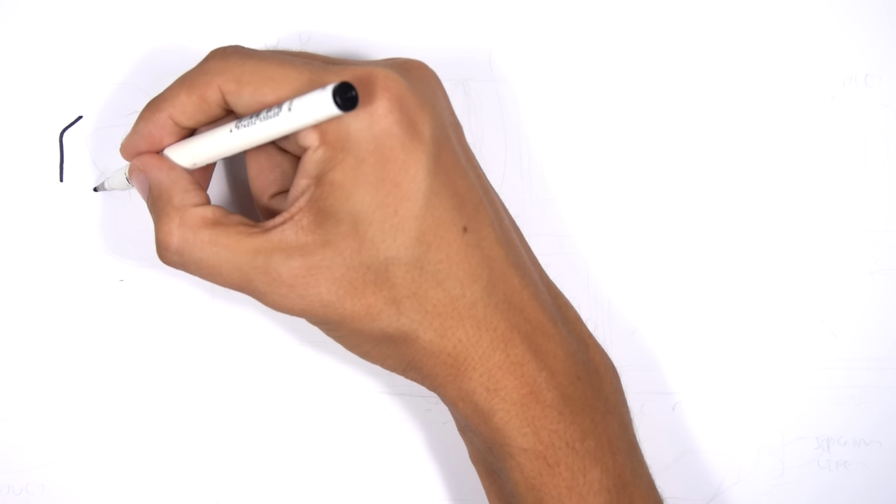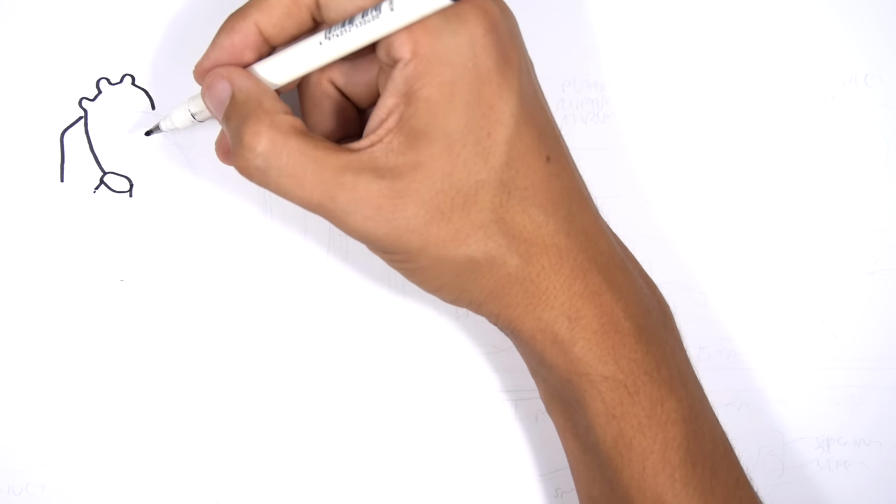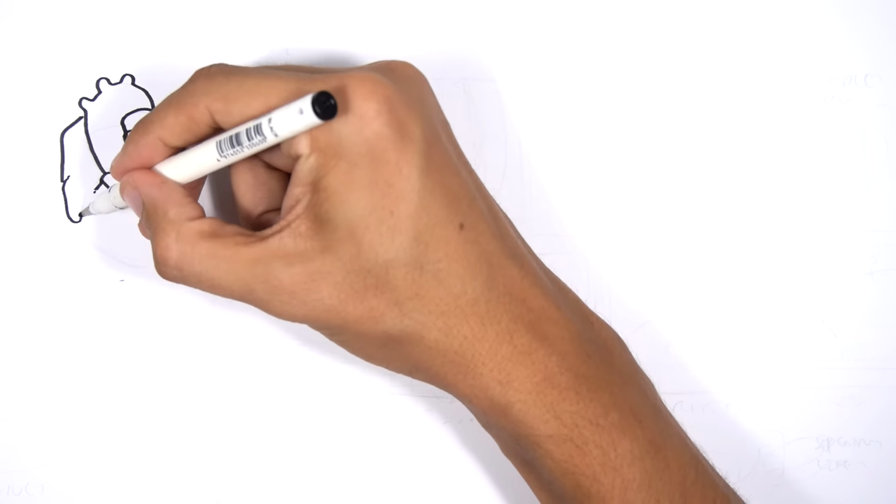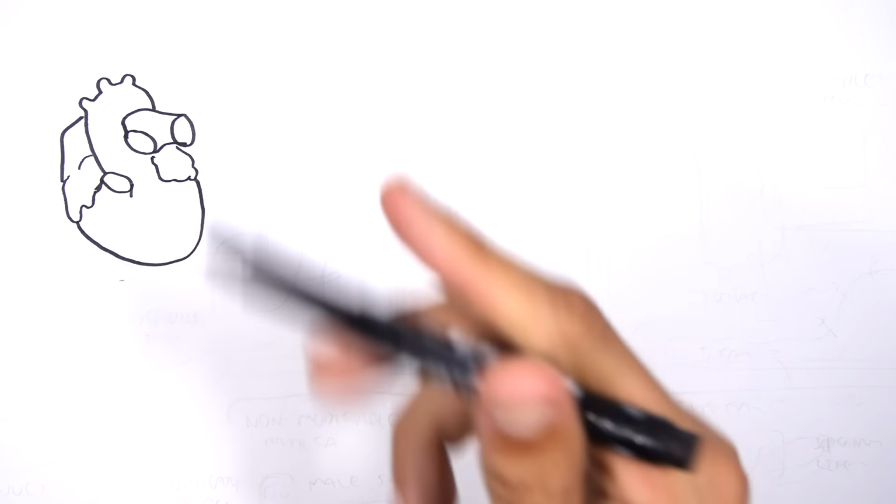Hello, in this video we're going to talk about acute coronary syndrome, which is a syndrome characterized by a reduction or occlusion of blood supply to the heart. And so we begin by revising the anatomy of the heart just quickly. So the heart consists of four chambers.